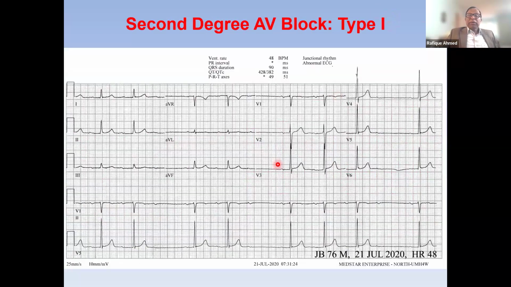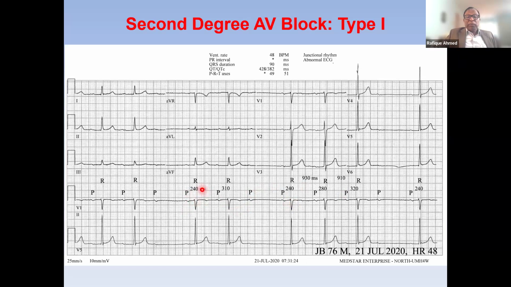How about this one? We can see that there is P, QRS, prolonged, and then this is blocked. And then the next PR interval is short. I think this is what we look at normally. The last conducted PR should be longer than the first conducted PR interval after the block. And if this is shorter, this is most likely Wenckebach AV block. So this is how we look at it.